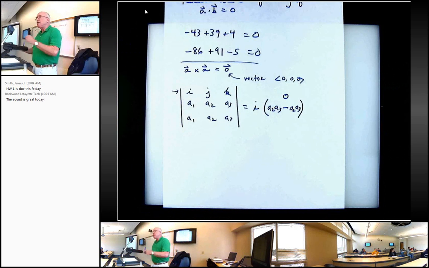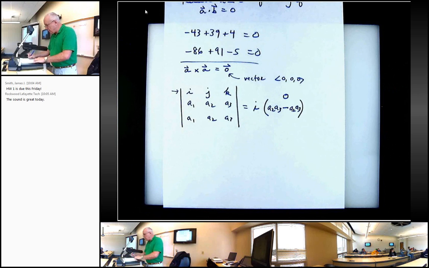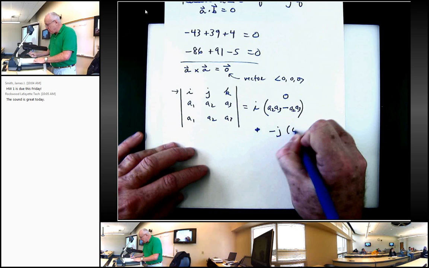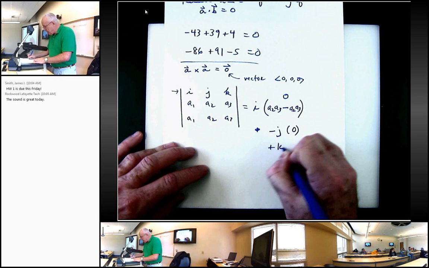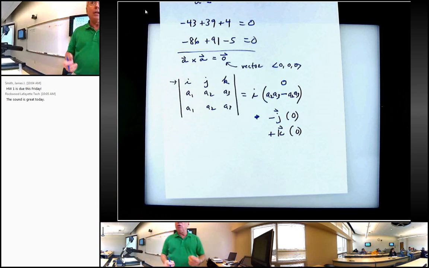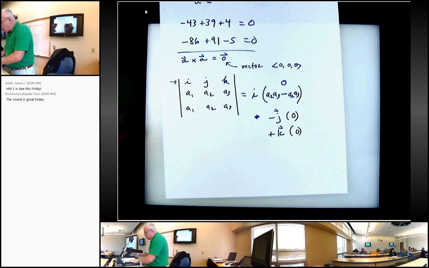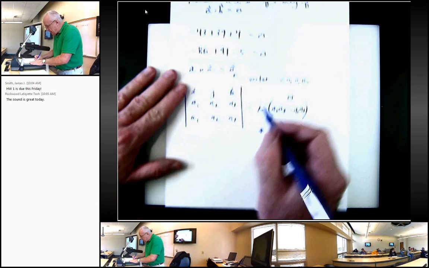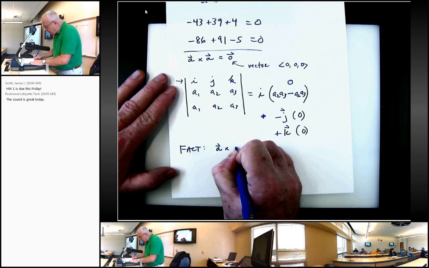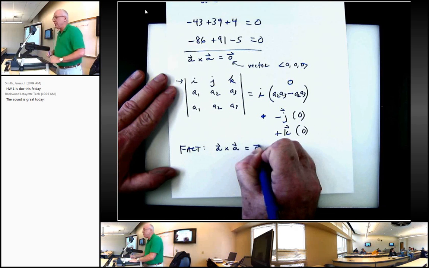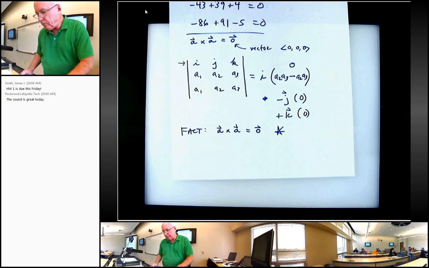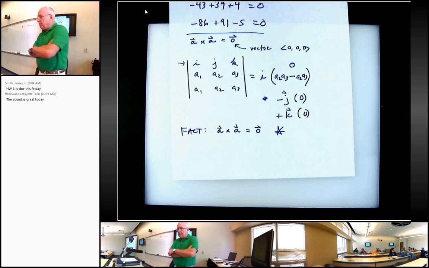And if I do that for the other two, I will also get zeros. So I'll get a minus J times 0 and a plus K times 0, and everything will zero out when I do the determinant. So therefore, we have this fact that A cross itself is equal to the 0 vector. Okay? I'll put a little asterisk by that. All right, so a couple other things we have,